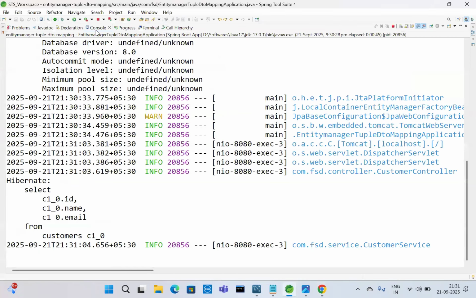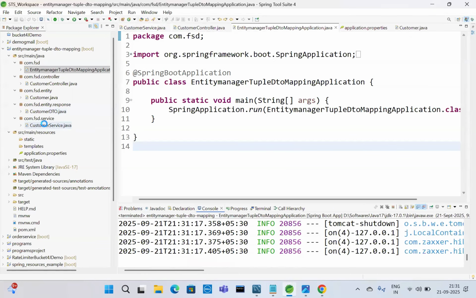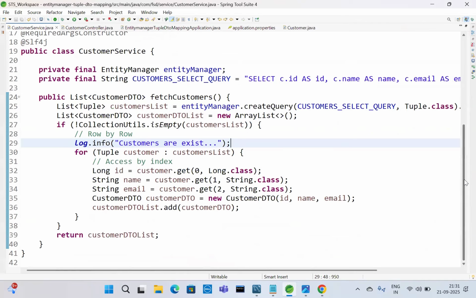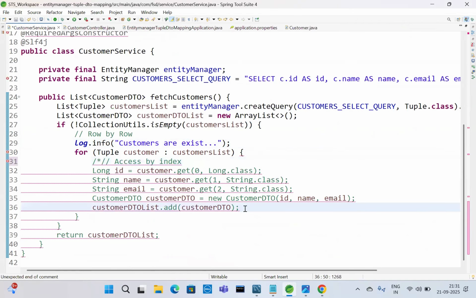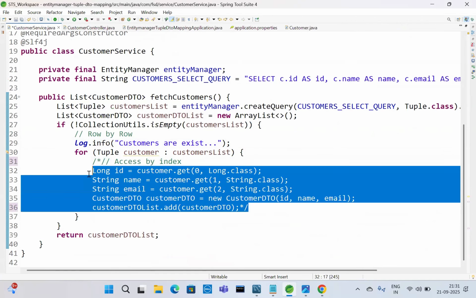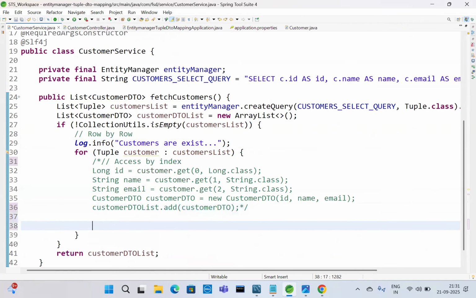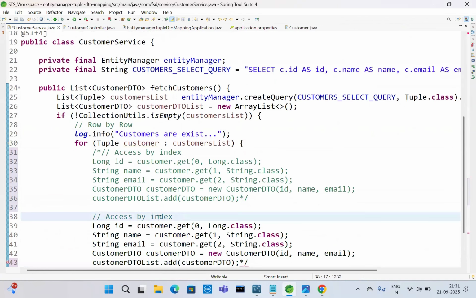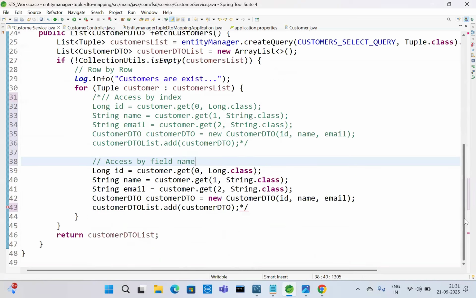So let's go to the service. In the service, we used access by index, right? We did it using access by index, but it is not a recommended approach. It creates some errors maybe in future. Access by field names. Access by field name is recommended, field names like ID,